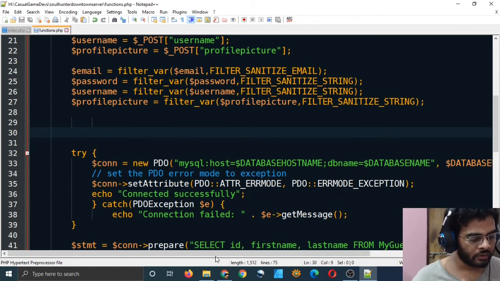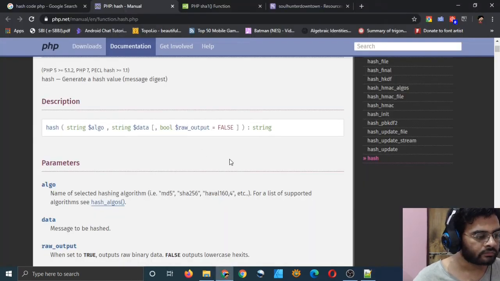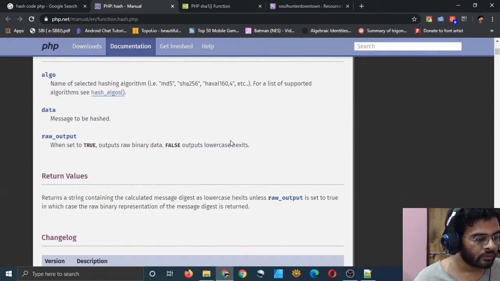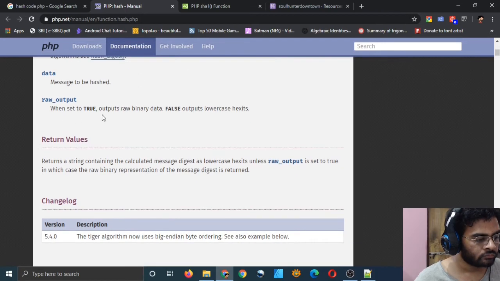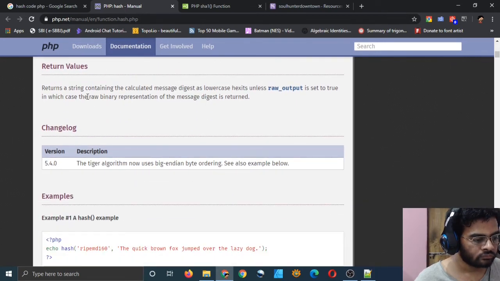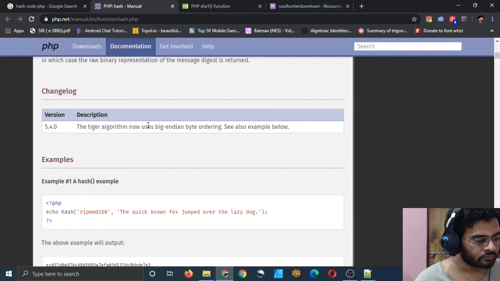First let me see the PHP hashing function. So this is the hash function in PHP. You can say which algorithm you want to use. It returns a string containing the calculated message digest as lowercase hex, unless raw output is set to true, in which case the raw binary representation of the message digest is returned.